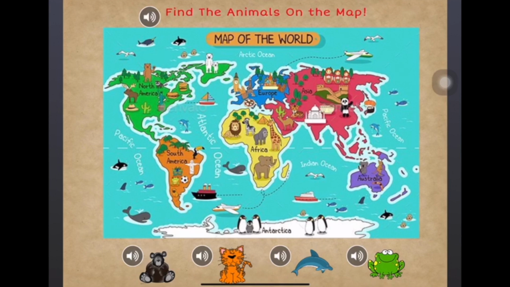Okay, so it wants us to find the animals on the map. So what I did is I screenshotted little animals here, and next to it I put the little audio so that you can hear what that animal is. For example,